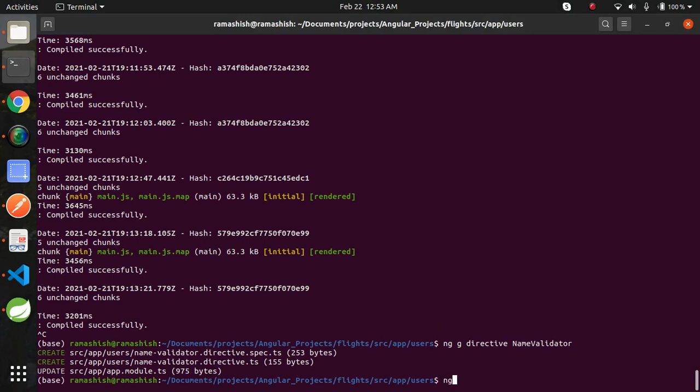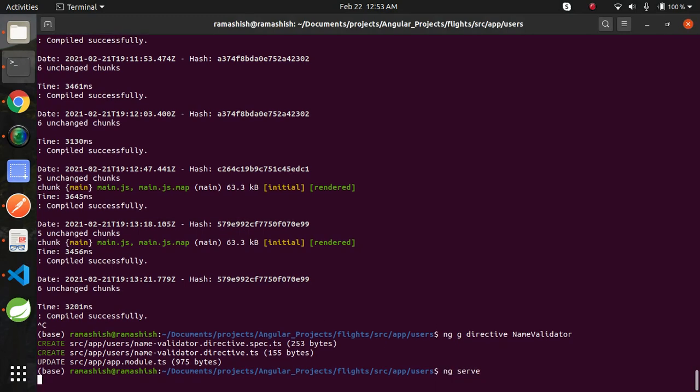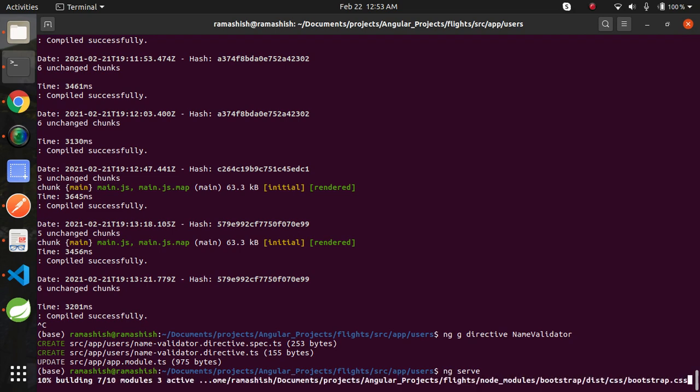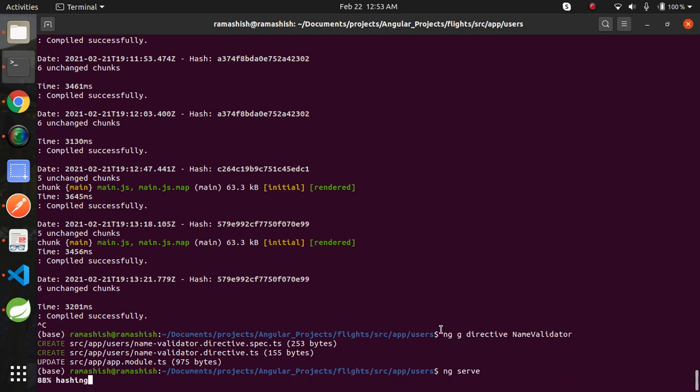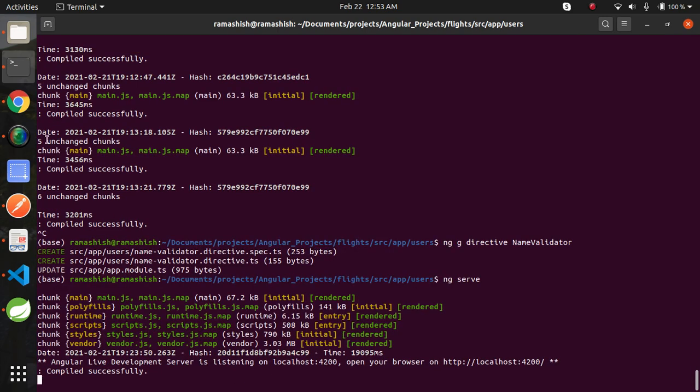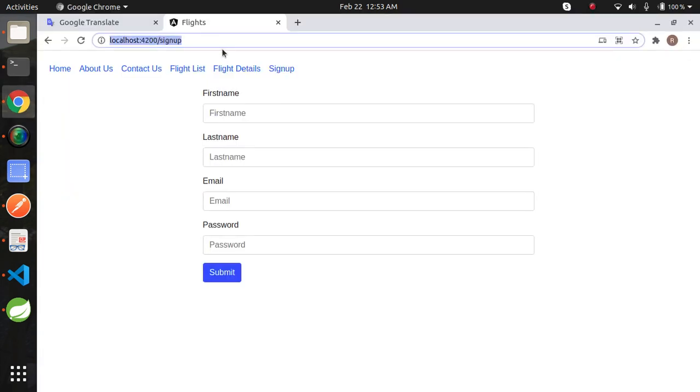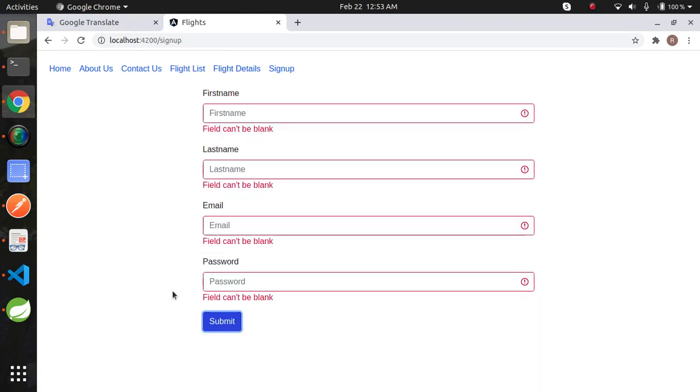Save your changes, go to your terminal, execute the application, refresh the page, click on submit.